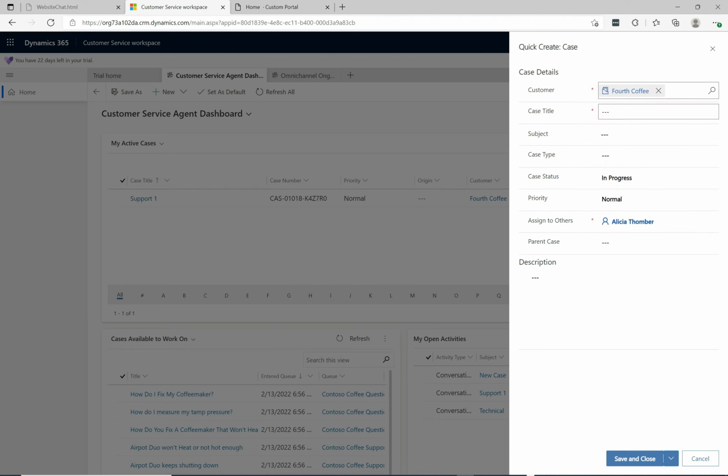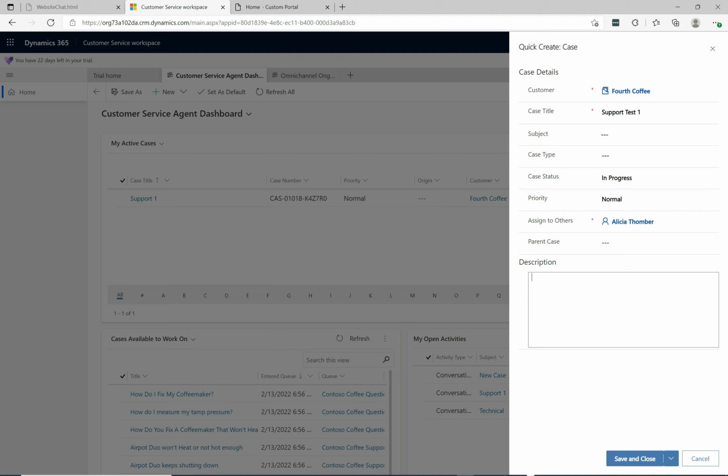And what we'll do is we're going to create a few cases. Let's just see how these get routed using unified routing with our setup. So I'm going to call this one support test one. And down here in the description, this is the field that we're looking at when we're deciding how